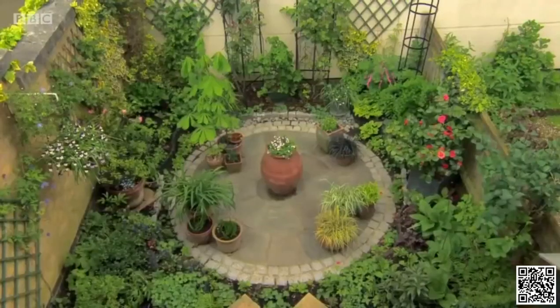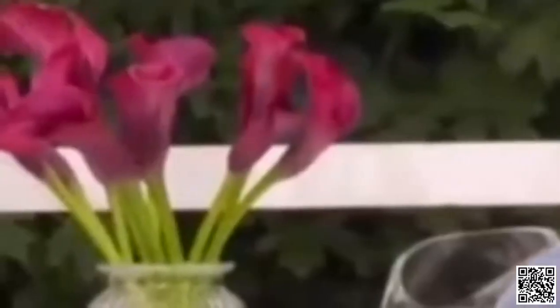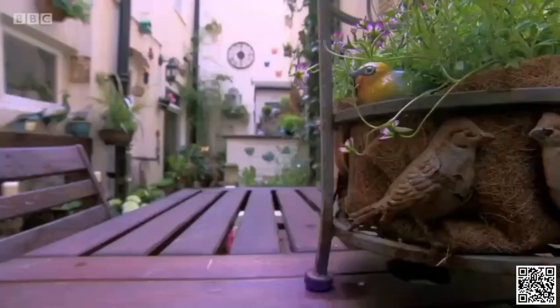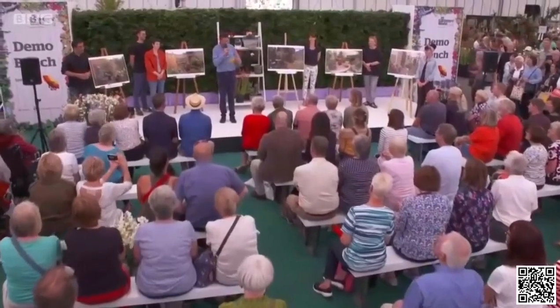And then we got Caroline. This one was the circular patio, and for me it was being brave with how much space was planted in that area. And then the final one is Zoe, which was an interesting goal because it was a basement, and you went down to the space, so it was dark and it was shady, but I think there was a sense of atmosphere to it. Right, the moment of truth. So the winner of the Every Space Counts competition this year is...